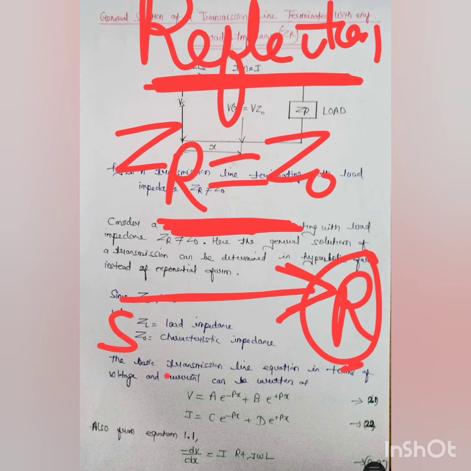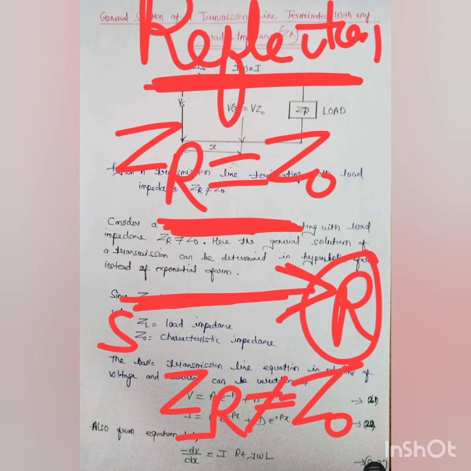But when we take load impedance not equal to Z0, in that case whatever wave is traveling from the sending end to the receiving end is not at all totally absorbed by the receiver. Some part is reflected back to the sending end, which is problematic for the sending end,